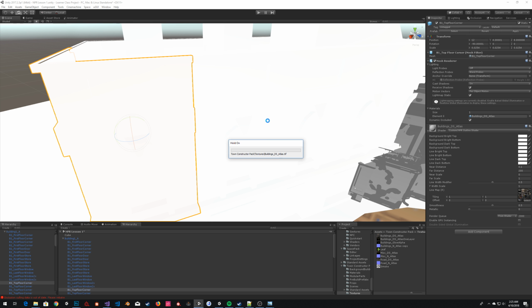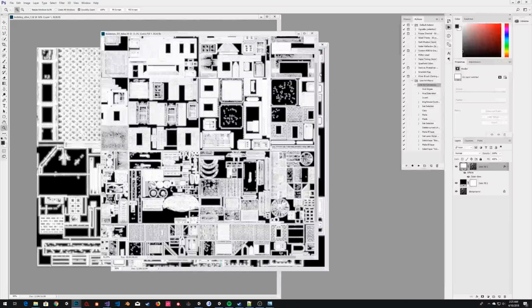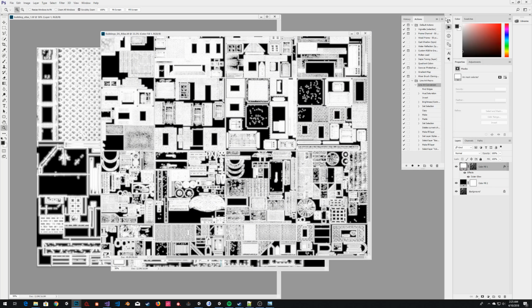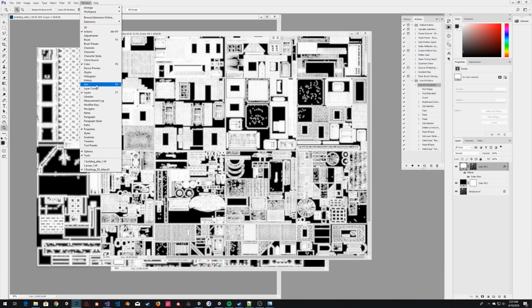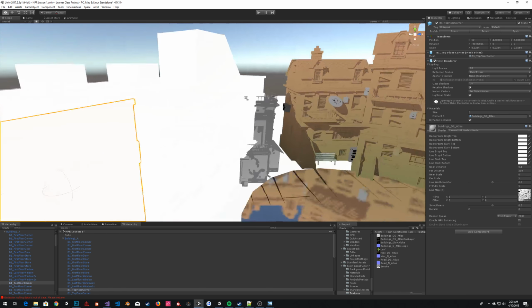Any minute now. It's probably a 4K texture. Incidentally, the bigger your textures go, the worse the import performance gets. Fairly obvious, but it is a geometric change. And I'm not 100% sure how big this is, but it's big enough. Yeah, it's a 4K texture. That's not too bad. Okay, there we go. So we've got